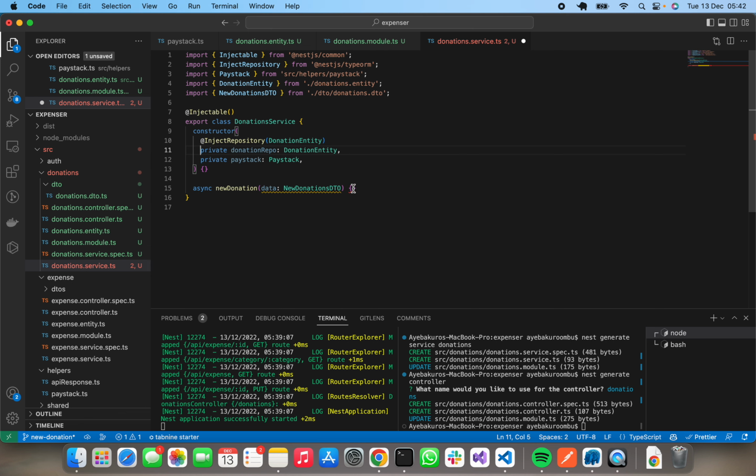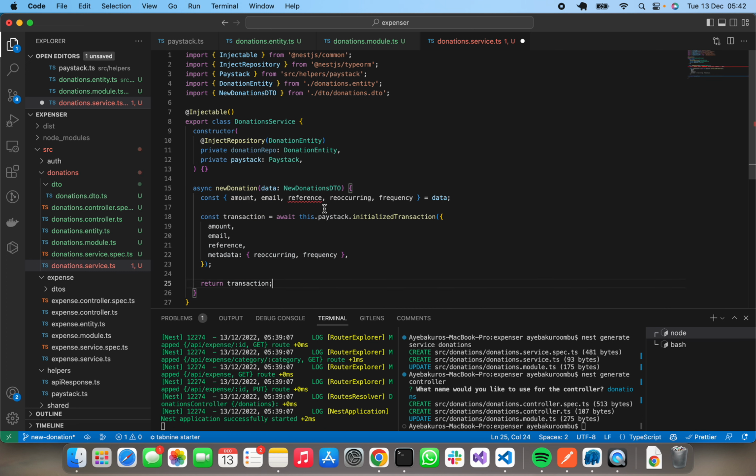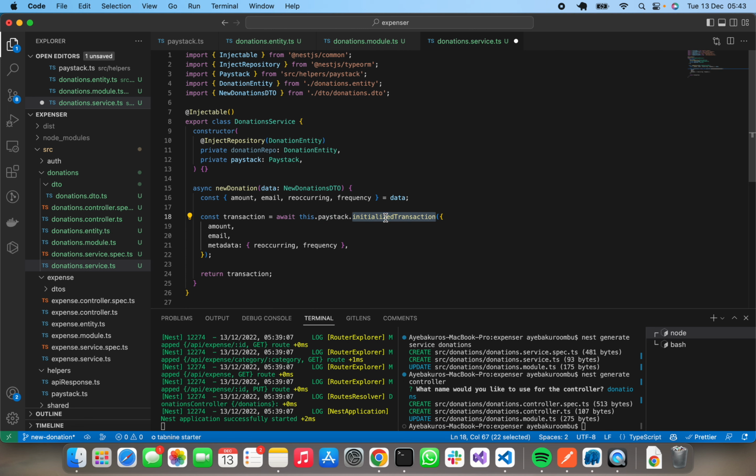All right. So let's use Copilot for this. So reference is not coming in from that. So we have amount, frequency if it's present. All right. So transaction equals await this.paystack.initializeTransaction. Yep, calling the initialize transaction. I think I should have just typed this out. So, well, then speaking of features, we want to also have the user's full name attached to